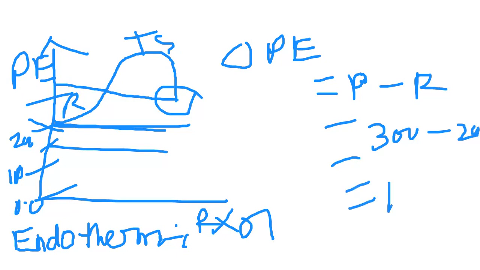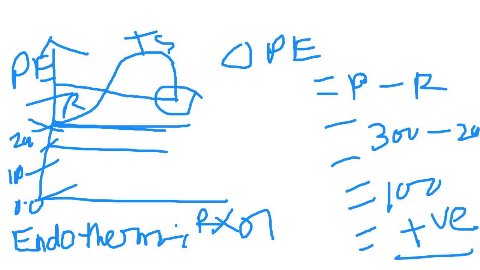Then it will come to 100, that means more than 0, and this is positive. Why is this more? Because it is absorbing heat from the surroundings. This is how. So you need to be clear. That's why I show this diagram, but I didn't find it in your content; this is from my other content. So please try to remember that why the